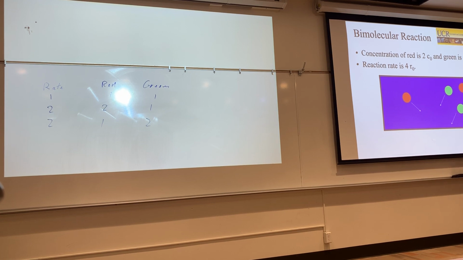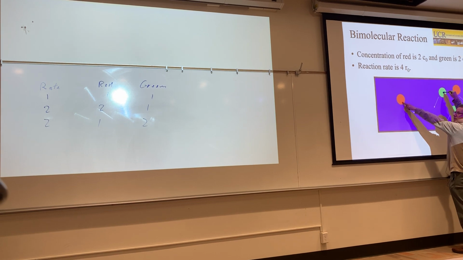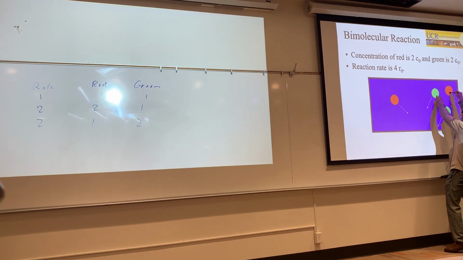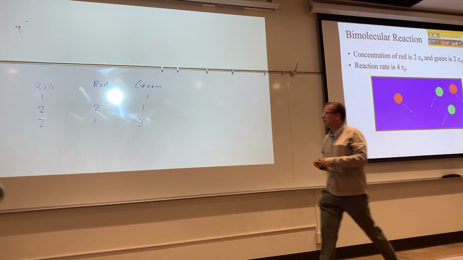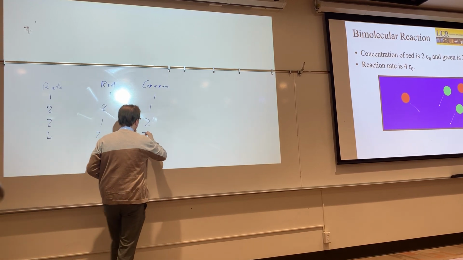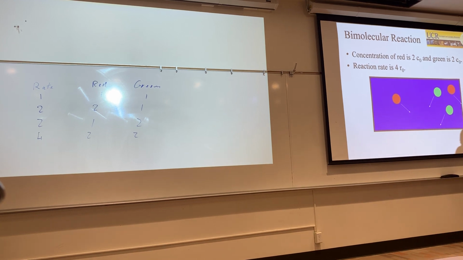If I have 2 of each kind, then this red can hit this one, this one can hit this one, 2 chances. These 2 can hit 3, these 2 can hit 4. So we have 4 times the chance, 4 times the rate for the reaction to occur if we have 2 of each species. And then we can of course go on and on in this way